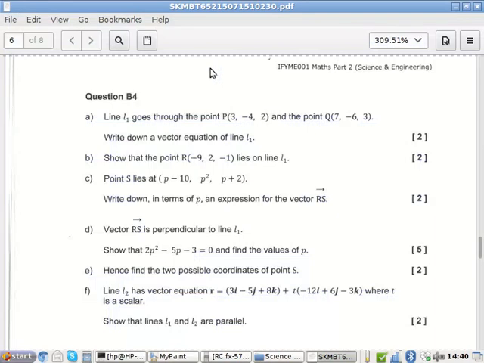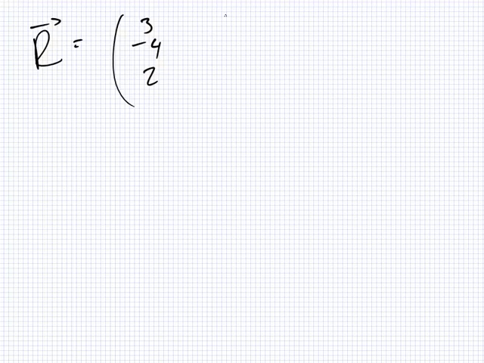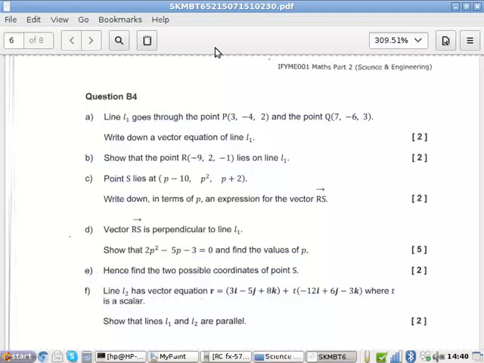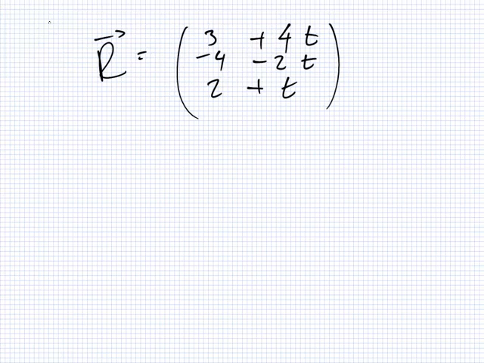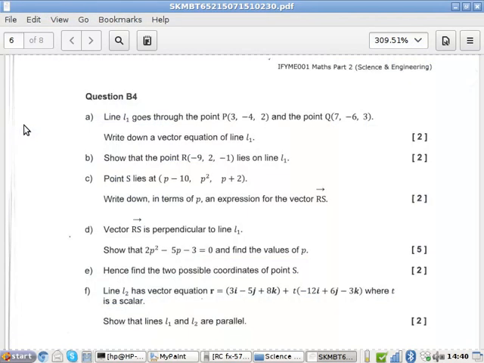Okay. What is P here? 3, minus 4, 2. Okay, and what is PQ? Q minus P. 7 minus 3 is 4, isn't it? 4, minus 2, and 1. T. So this is the answer for the first one. Good. Right. B. Show that minus 9, 2 and minus 1